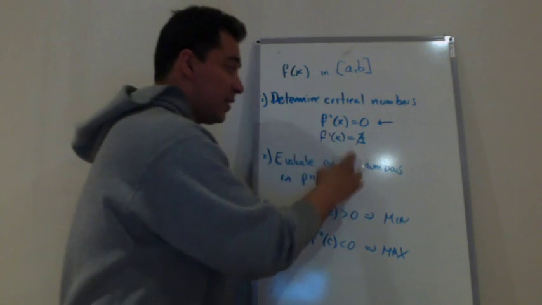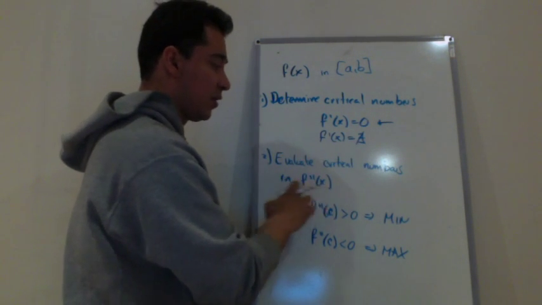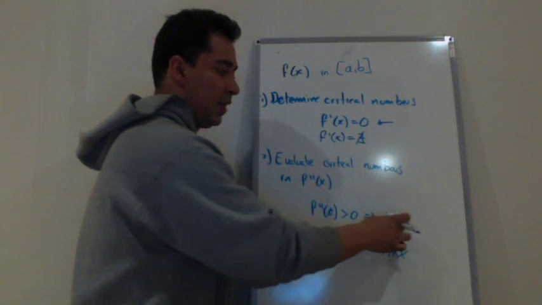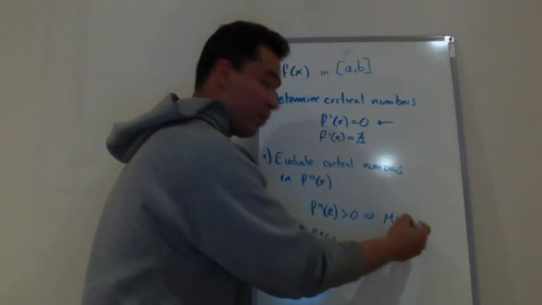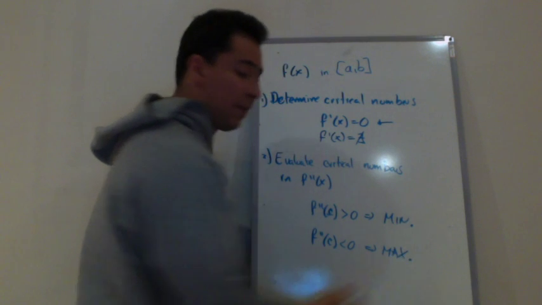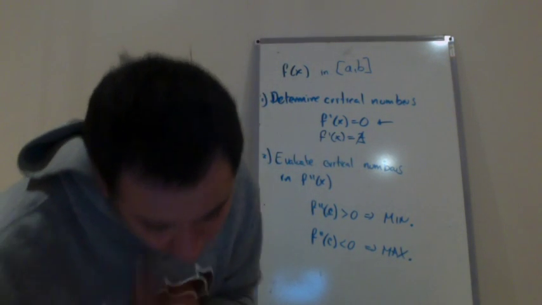Second, evaluate these critical numbers in the second derivative. If the second derivative at that number is positive, then that C will be a minimum point. And if it is negative, then C will be a maximum point. Okay? So we're going to do